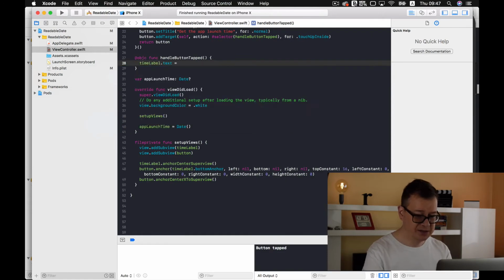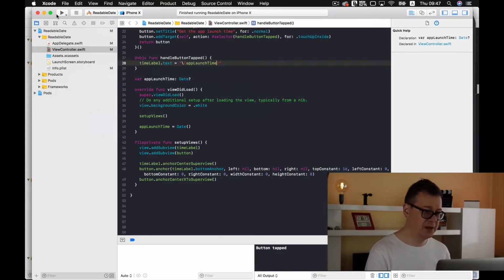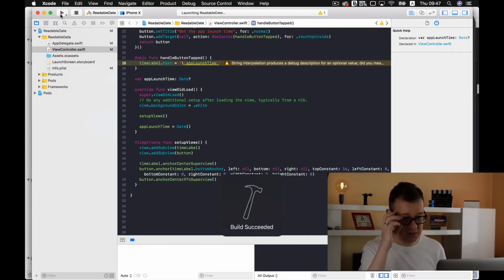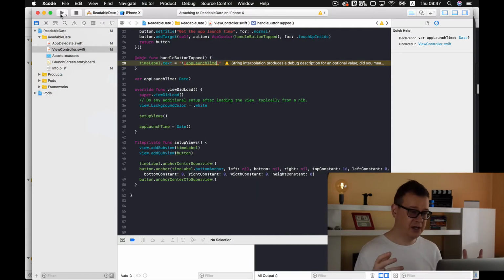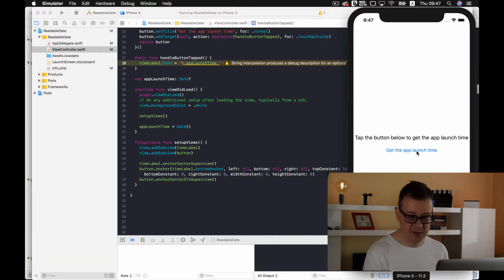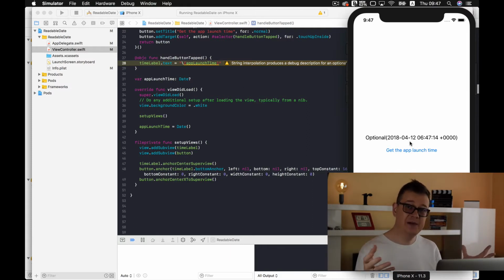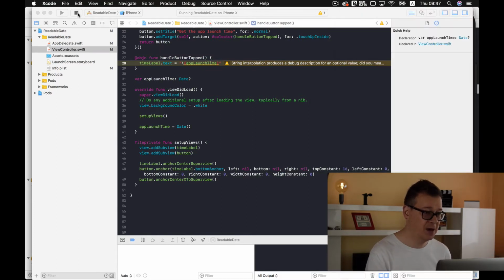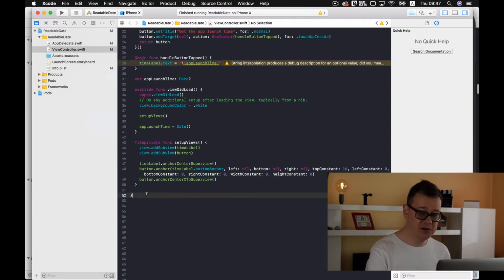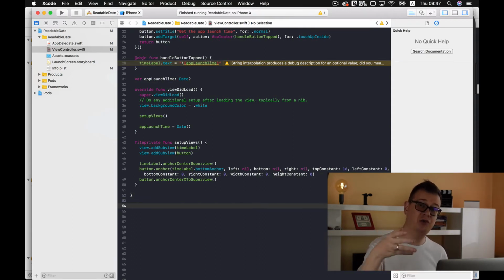So I will just add here our app launch time. Okay, let's build and run and see how this will actually affect our label. Okay, get the app launch time, and here we have our optional, of course, and we want to present here 2 seconds ago, 5 seconds ago, or maybe 1 minute ago. So that is what we are going to build out now. Okay, and we are going to use an extension on this Date